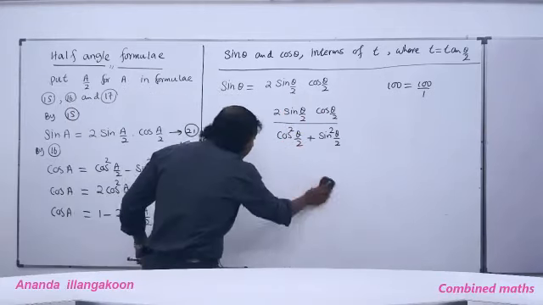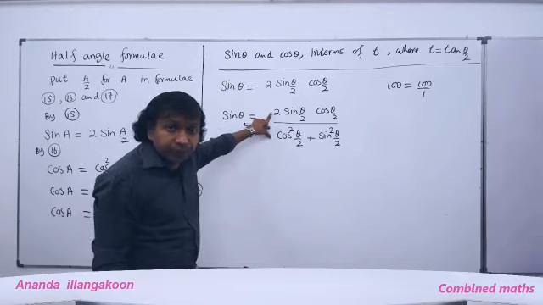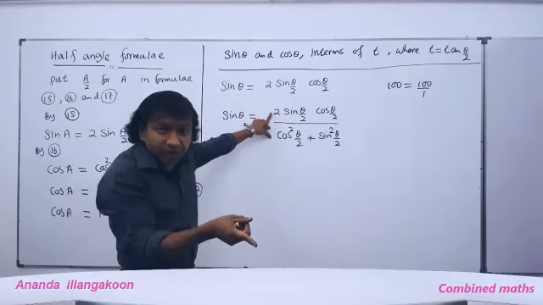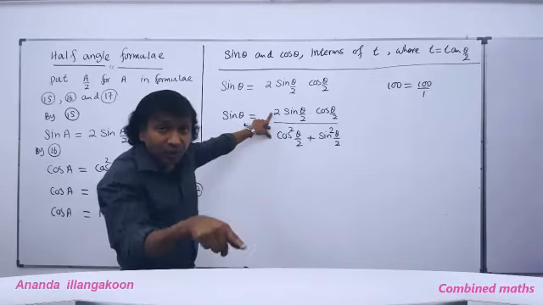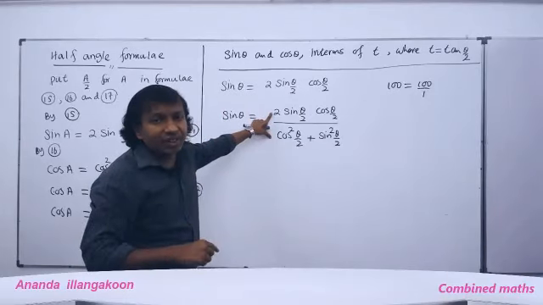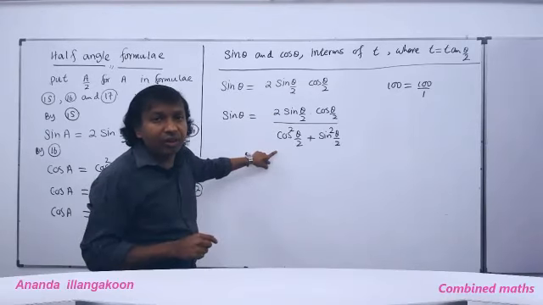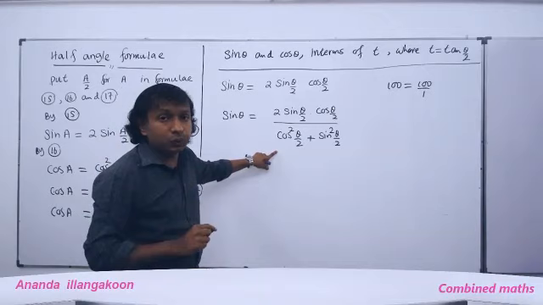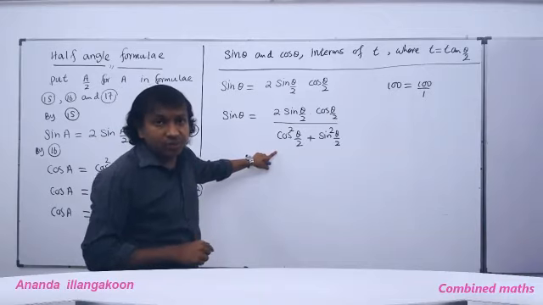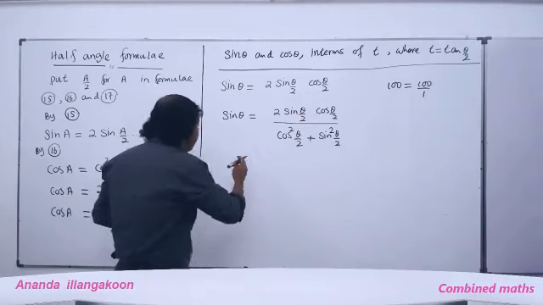Now, people, this right hand side is a fraction, no? It has a numerator and denominator. We know in a fraction, both the numerator and denominator, we can divide by the same value. It won't change. This time what I do is, the numerator and denominator both we divide by cos squared theta by 2. Why? To get the standard form of this sine theta in terms of t. Understood? Right? Then we write that sine theta